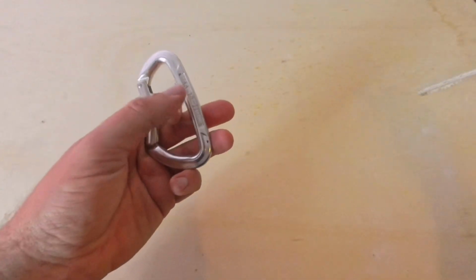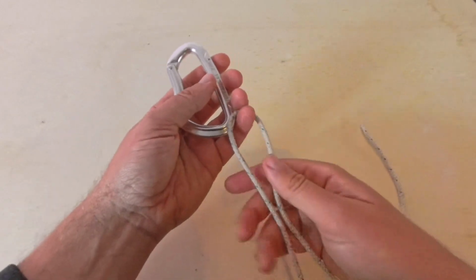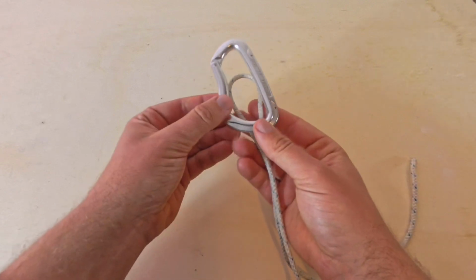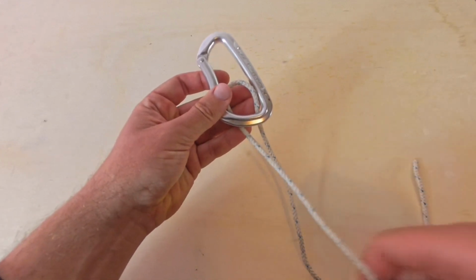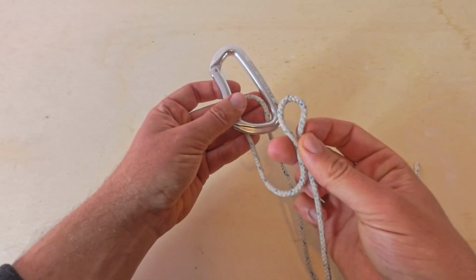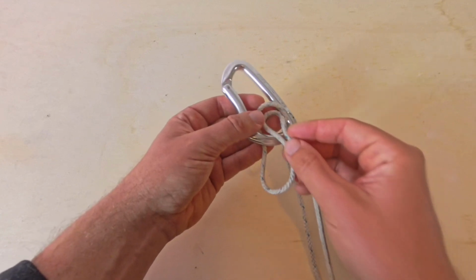We link this rope to, in this case, a carabiner. We make a bight like this and we put it like this under the carabiner. Then I take the standing part, I create another bight like this and put it inside the first bight from over